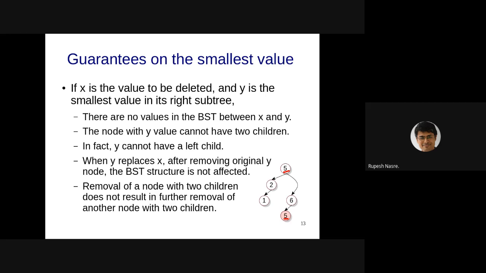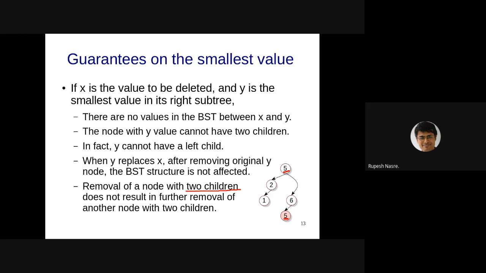And that indicates that removal of a node with 2 children is going to happen exactly once. It's not going to repeat itself if we replace that in this manner. If we had replaced 4 with, let's say, 6 or some other node in the left subtree or right subtree, then it could have resulted in this 2 children case turning into another 2 children case, which would have probably been solved later by replacing it further with 1 child case or 0 children case. But if we follow this, then we don't get into this recursive 2 children case.